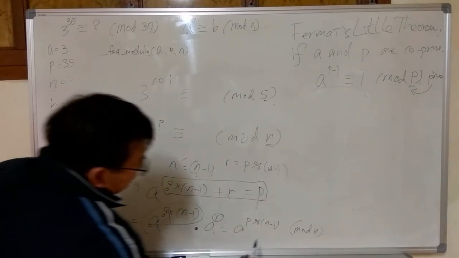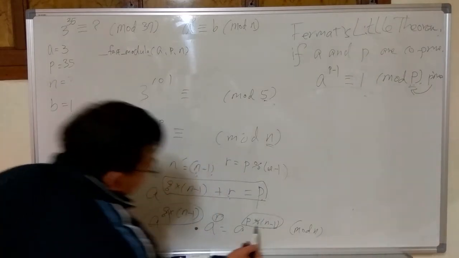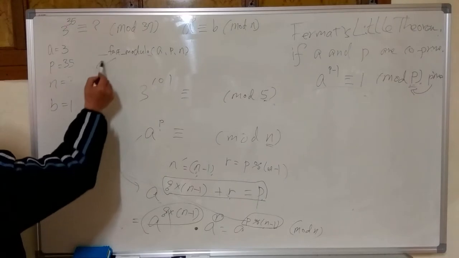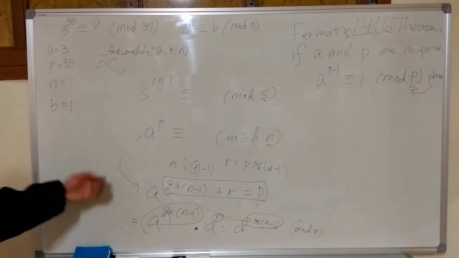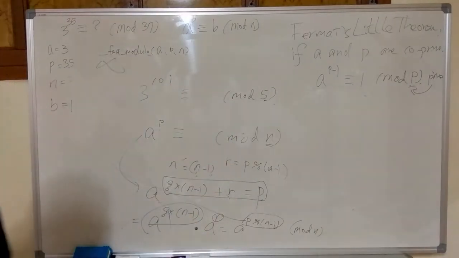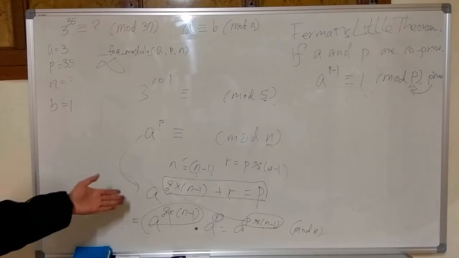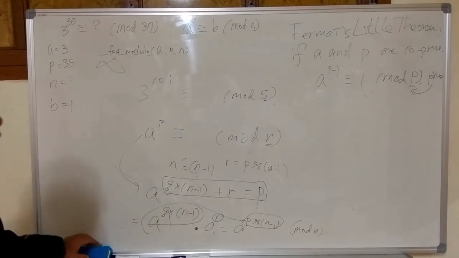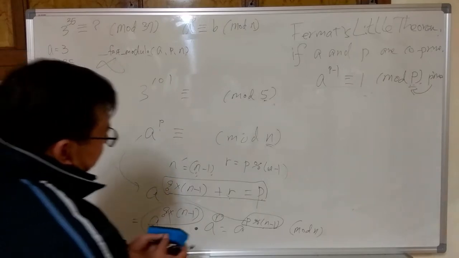So once we calculate this, then we apply this rule here. This is how we use Fermat's principle. Okay, I will make it as a function, and I will name it